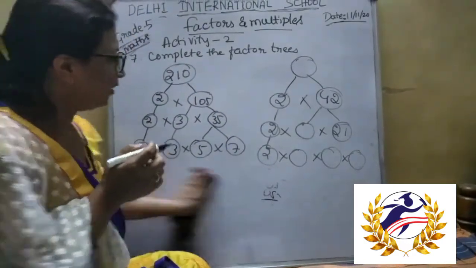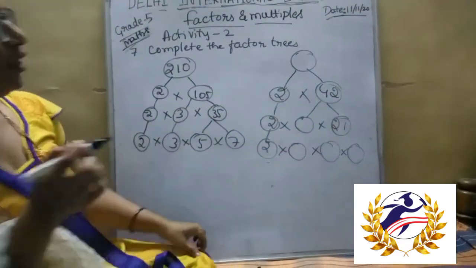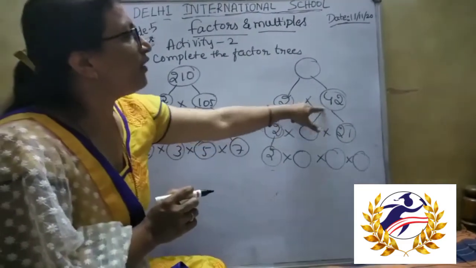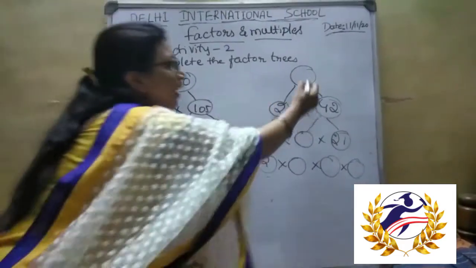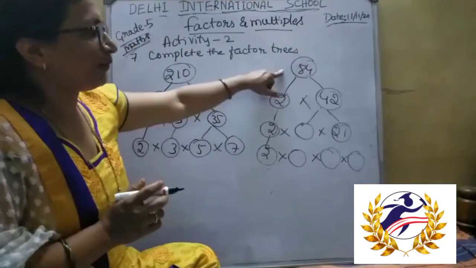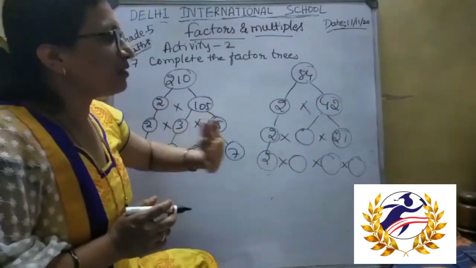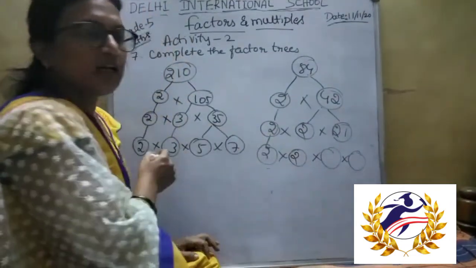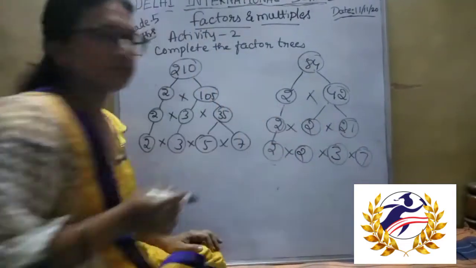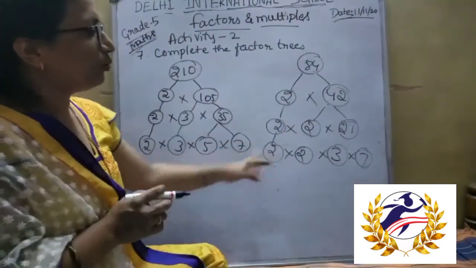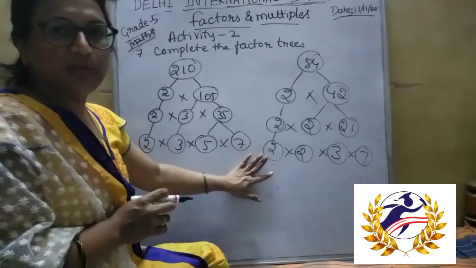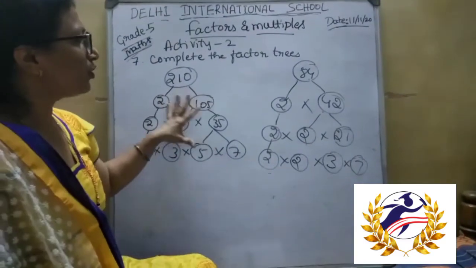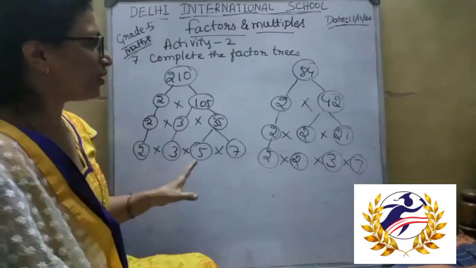In the same way, there is another factor tree, the second one. Here they have given an empty circle. Multiplying these two gives 84, 2 2s are 4, 2 4s are 8, 84, isn't it? Then 2 as it is, 21 2s are 42. Then 3 7s are 21, and 7 is a prime number, isn't it? So we got this factor tree. Like this we need to identify the empty circles of the factor tree.